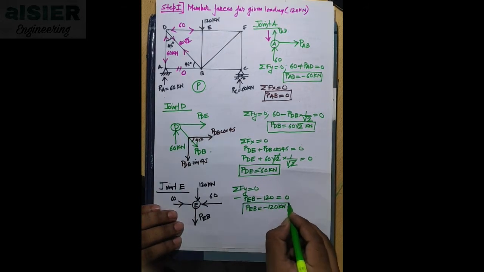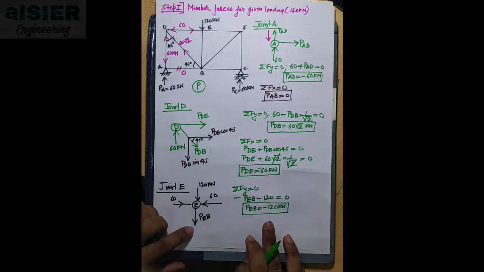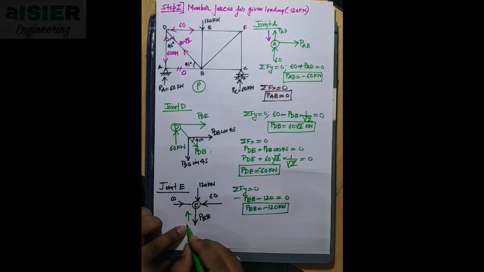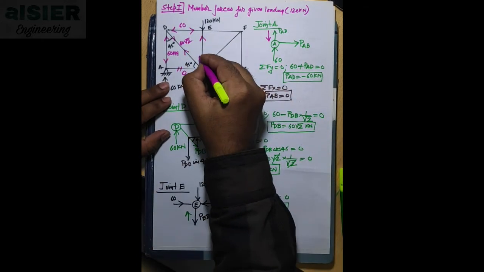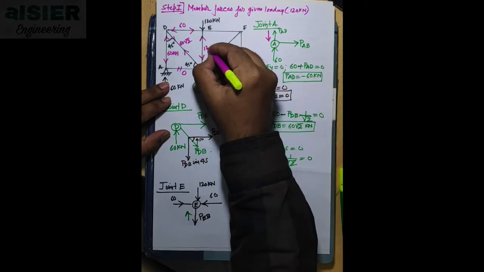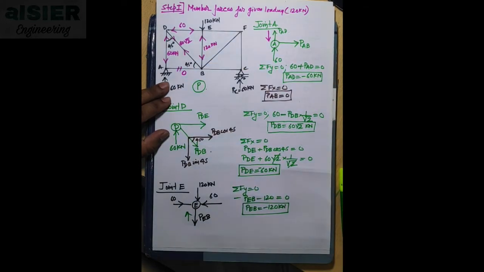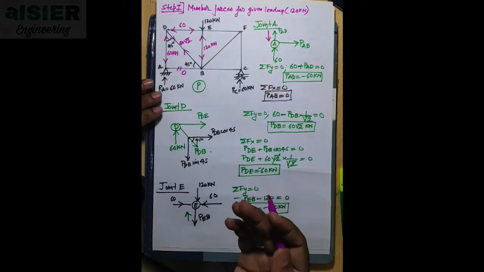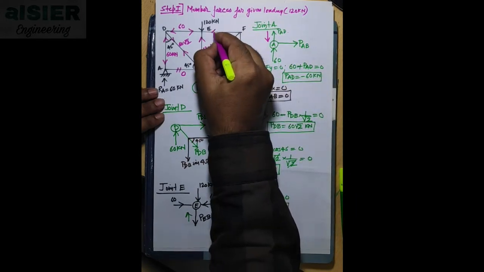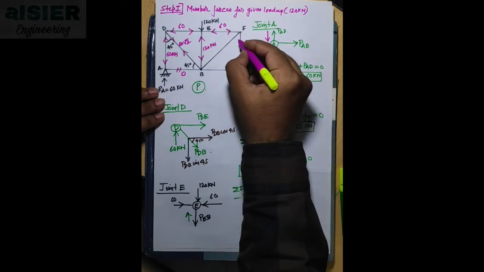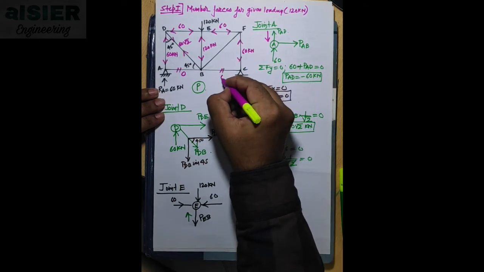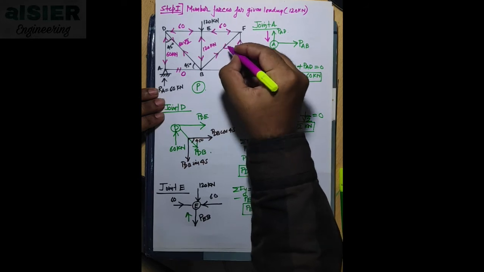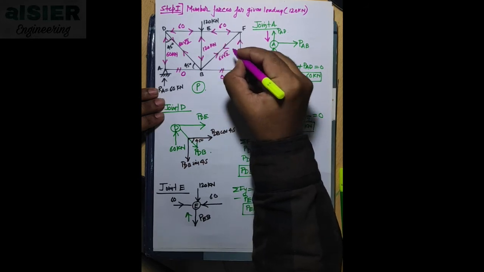Okay, now what does the minus sign indicate? Minus sign indicates that our assumption is wrong, it is actually towards joint. So we will mark this here. So this is towards joint, and the answer is 120 kilonewton. Right, now we have solved half of the portion, and now we will replicate our answer as it is on the other half. So we'll write down here 60, this as 60 kilonewton, here it is 0, this is towards joint, so it is 60 root 2.